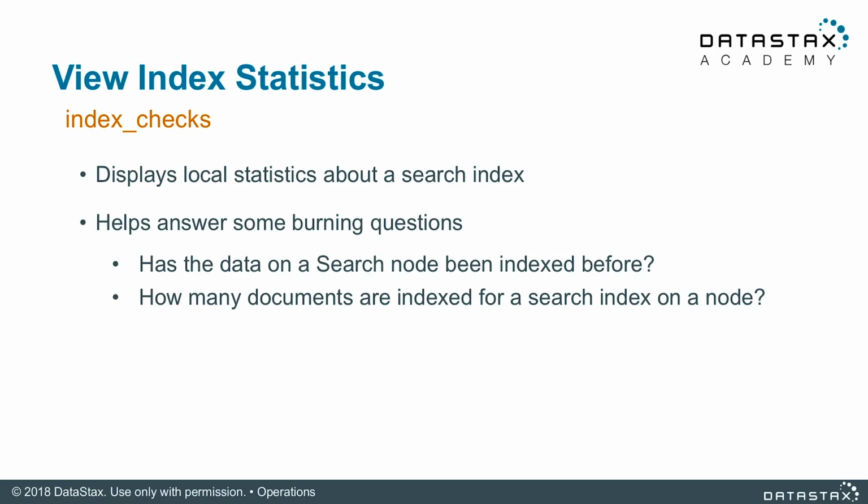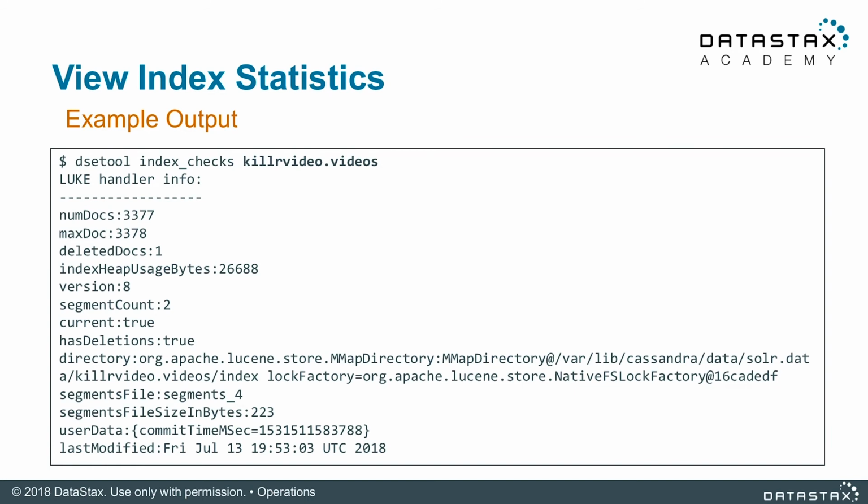Index checks is a pretty interesting command as it returns statistics and diagnostic information about a search index. This may help to answer certain burning questions, like whether data for a particular search index and node has been reindexed before, or how many documents are currently indexed locally for a search index. However, most of the statistics provided may not be particularly useful for anyone but an advanced user of DSE Search or Solr. The example here shows the index checks command running on the killervideo.videos search index with the following example output. Here, the doc statistics shows the current number of documents indexed for the search index on the node, all-time max number of documents, and the count of deleted